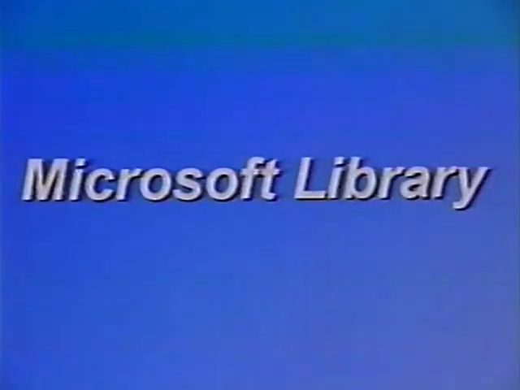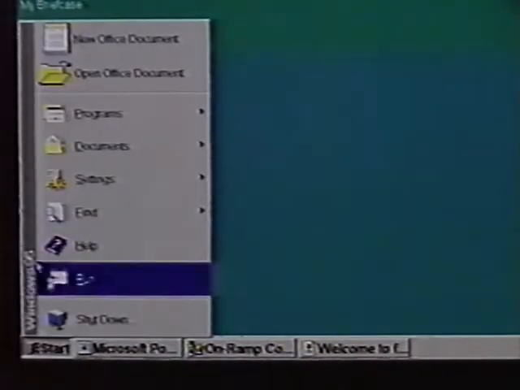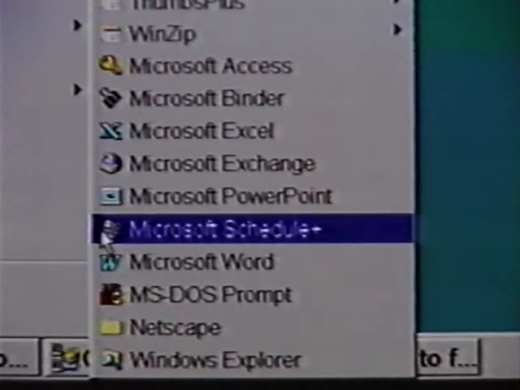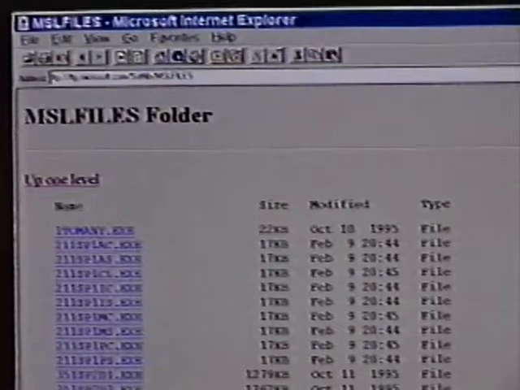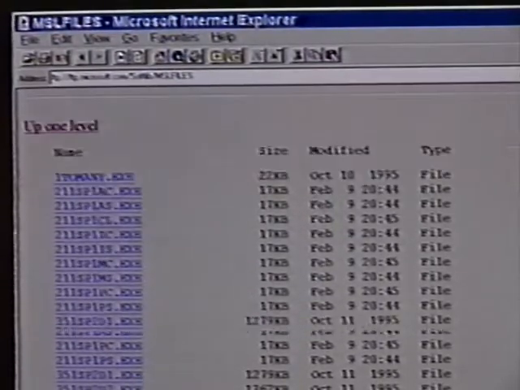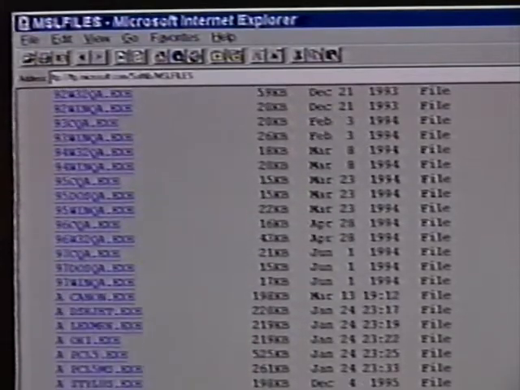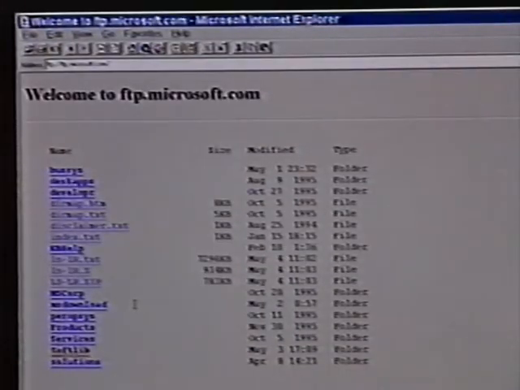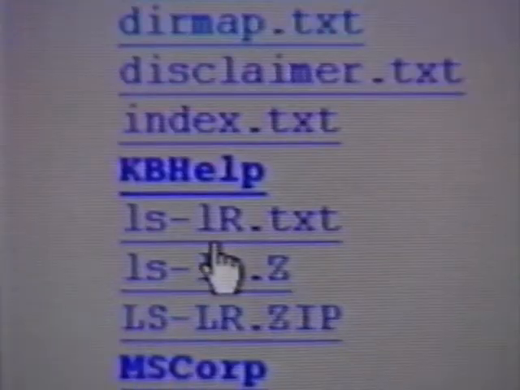Microsoft. Do you have a DOS, Windows, or Windows 95 based computer? Do you have a Macintosh which uses Microsoft applications like Word or Excel? Microsoft's software library has literally thousands of templates, patches, and add-ons for your favorite Microsoft programs. To access this site from your World Wide Web browser, type in this name: ftp://ftp.microsoft.com. Once logged in,